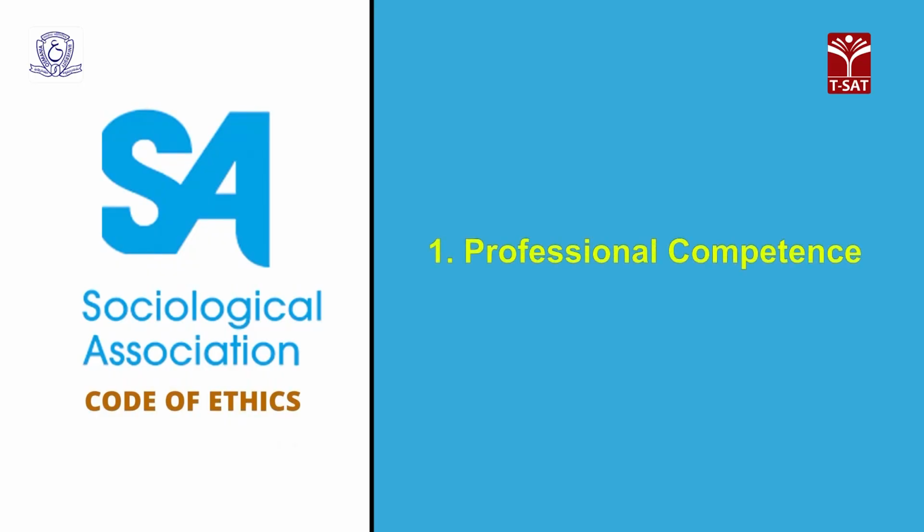The Sociological Association's Code of Ethics contain 5 general principles and explanations. The professional competence. Sociologists strive to maintain the highest level of competence in their work. They recognize the limitations of their expertise and they undertake only those tasks for which they are qualified by education, training or experience. They recognize the need for ongoing education in order to remain professionally competent, and they utilize the